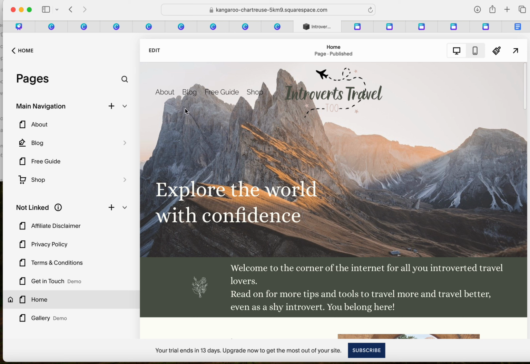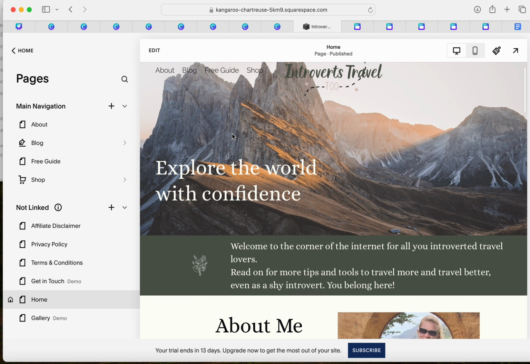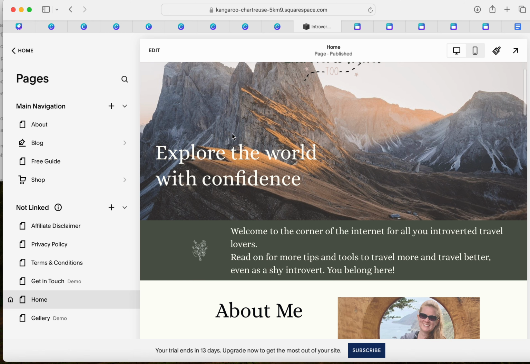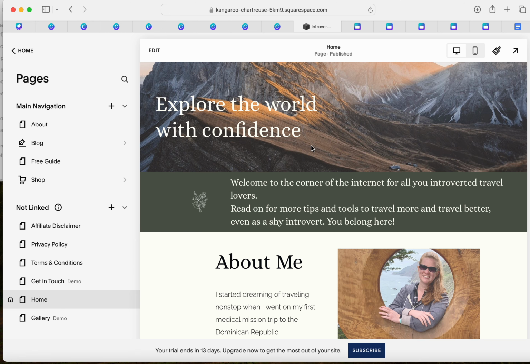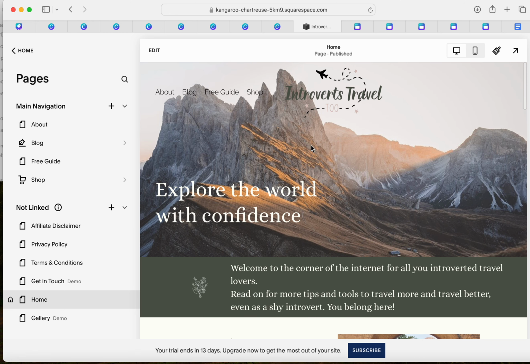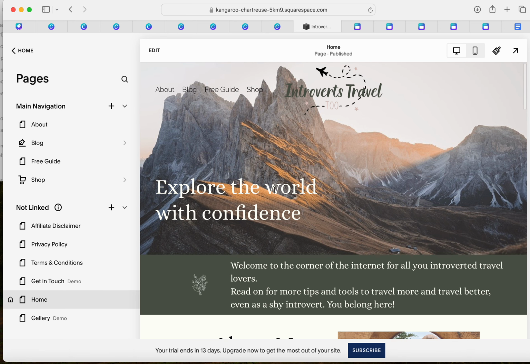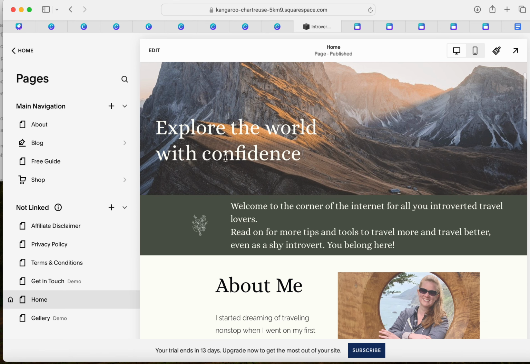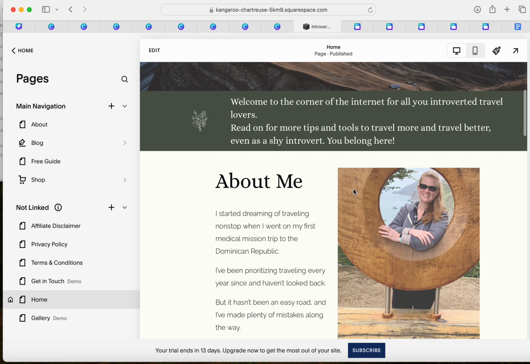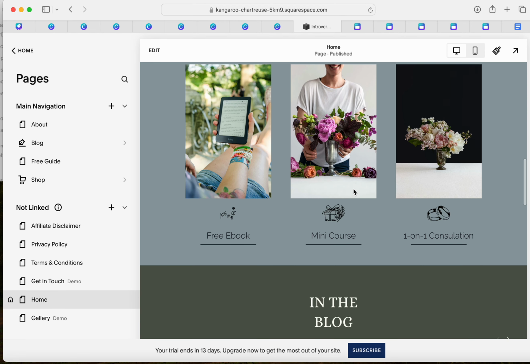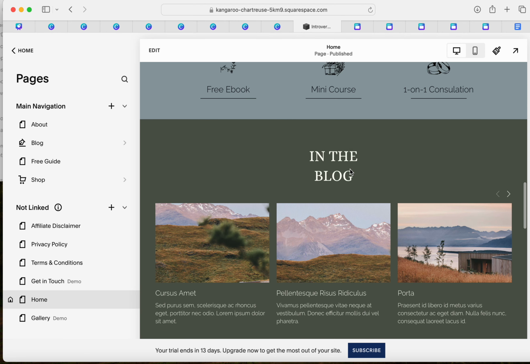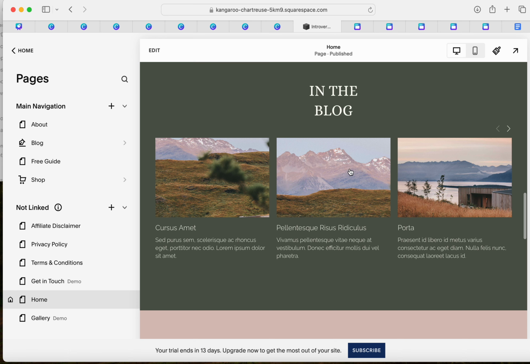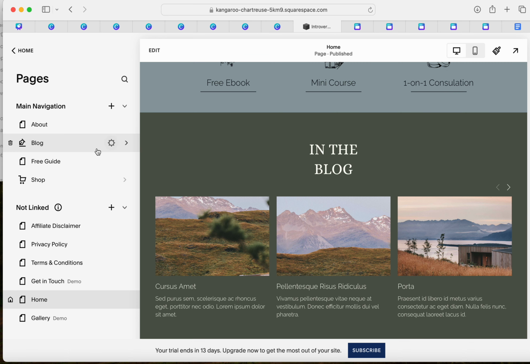Okay, so now that we have the general layout and structure of our website pages, we're going to dive a little deeper into actually setting up those website pages. So first of all, I did edit a couple of the copy and the titles on this home page. But what I wanted to show you is now that we have the blog page